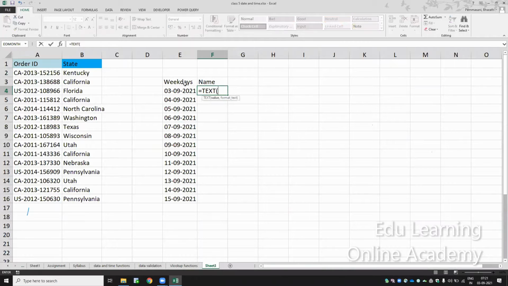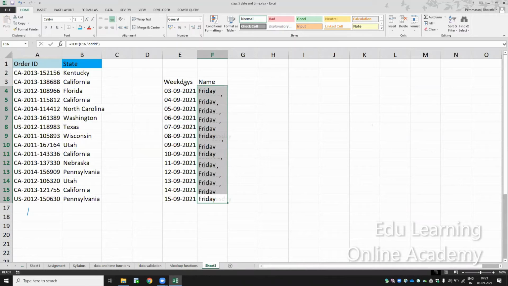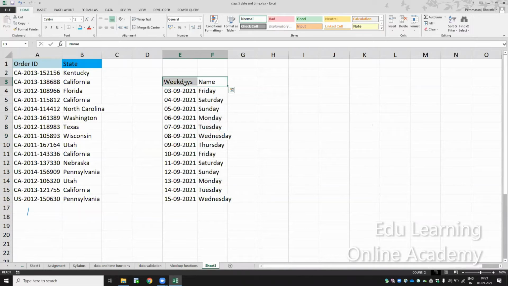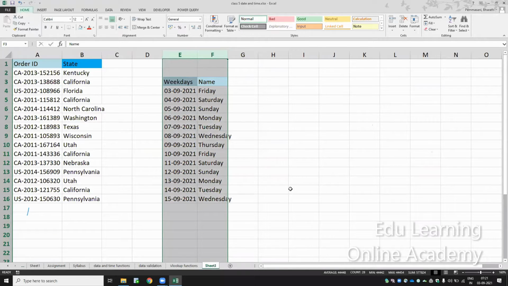I'm writing the text formula if I want to get the day. Consider this as my table array.